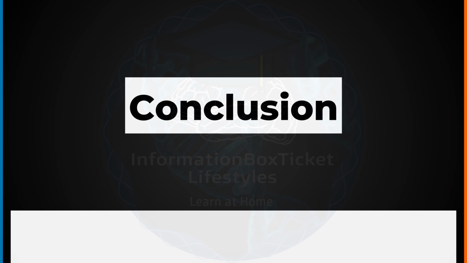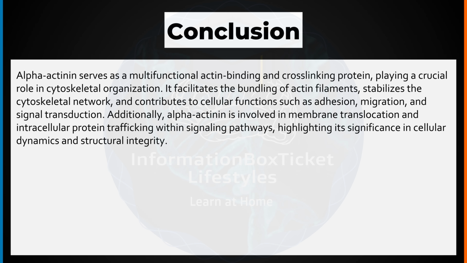Conclusion. Alpha-actinin serves as a multifunctional, actin-binding and cross-linking protein, playing a crucial role in cytoskeletal organization. It facilitates the bundling of actin filaments, stabilizes the cytoskeletal network, and contributes to cellular functions such as adhesion, migration,